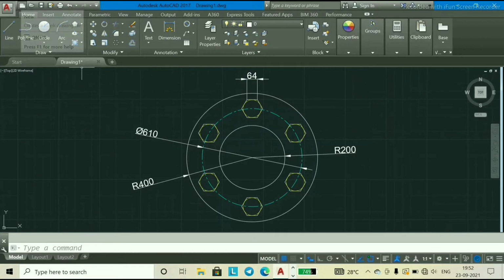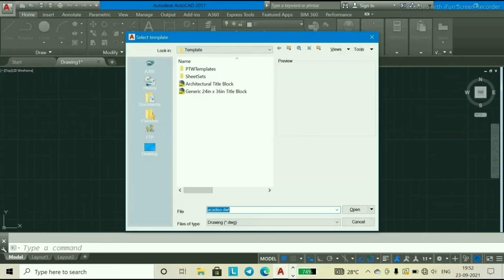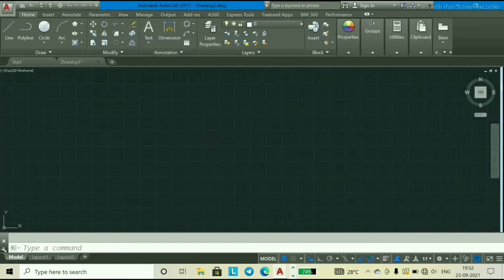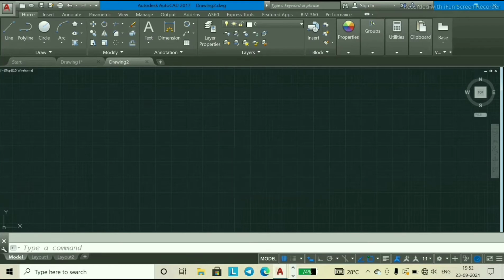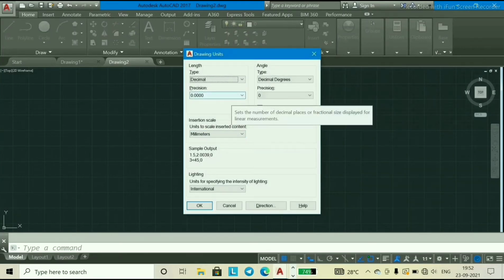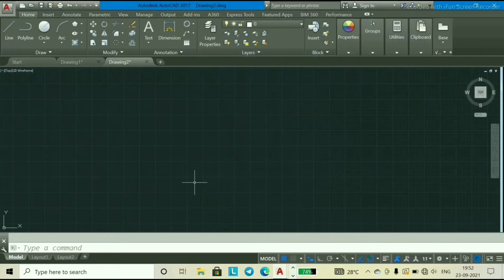I will choose new template, select open, and first of all press the UN command, that is units. I will press enter, and take the precision as 0.0. OK.